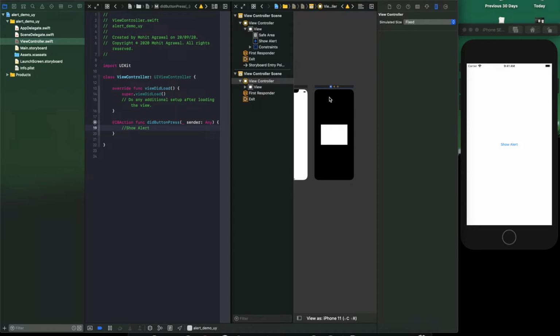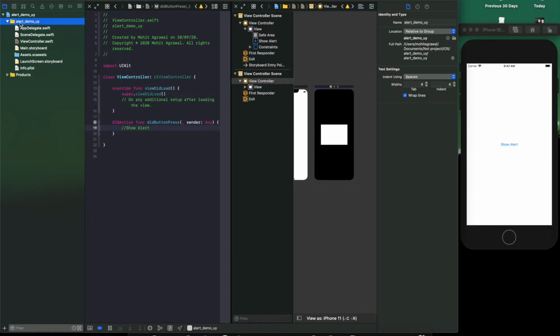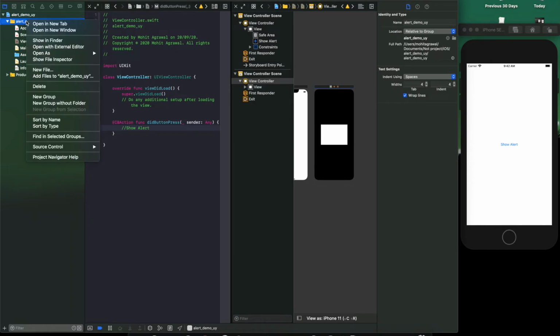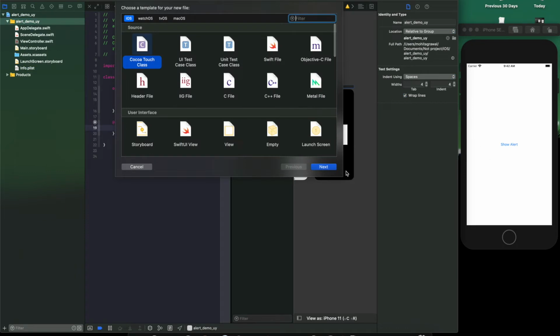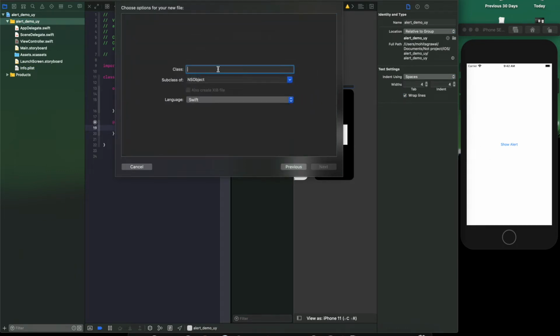Now till now we have created only the UI for our UI alert. So we have to have a controller for our alert. So let's create a new file as well, and it should be a Cocoa Touch class.